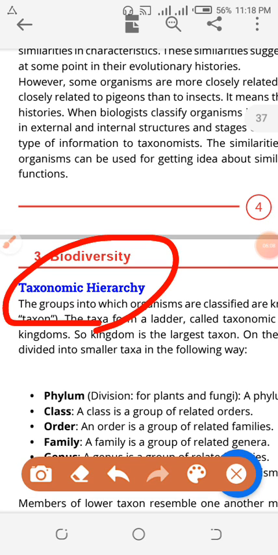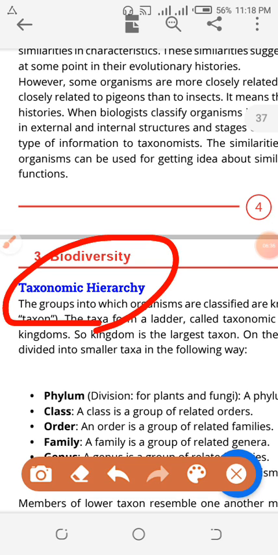Just like your father's name is added at the end, most people have their father's name last and are identified by that name, showing that this man belongs to that family. Similarly, species is the identification of the animal and the plant. Whatever the exact name is, when you name the species, he or she will be automatically identified. So this is the identification of name species.